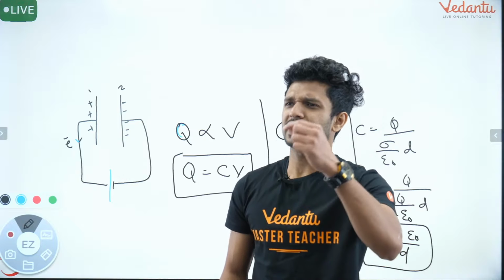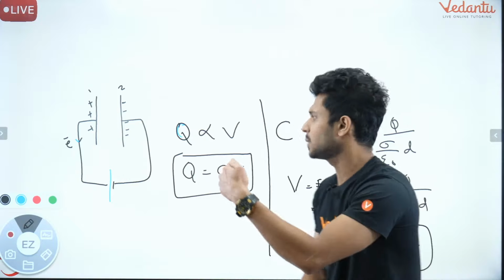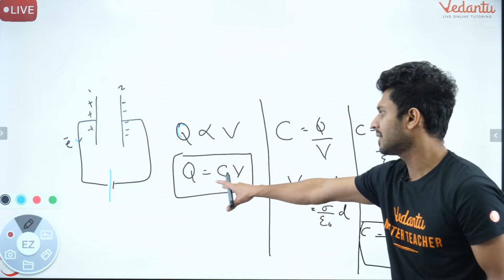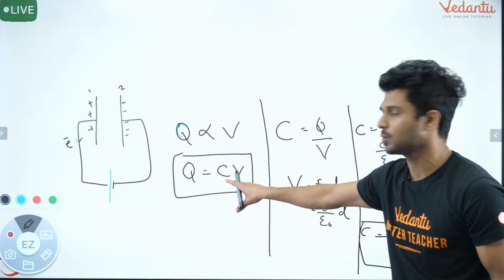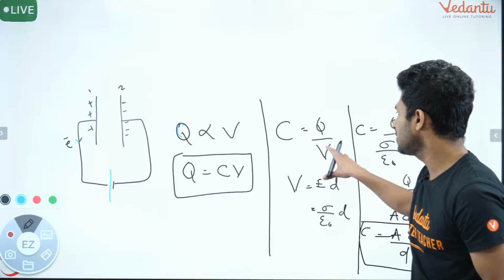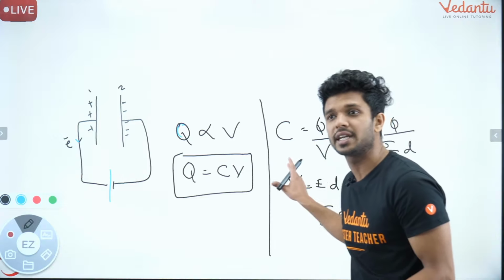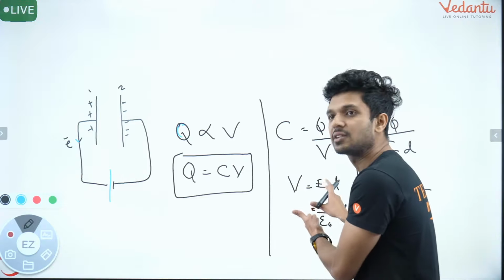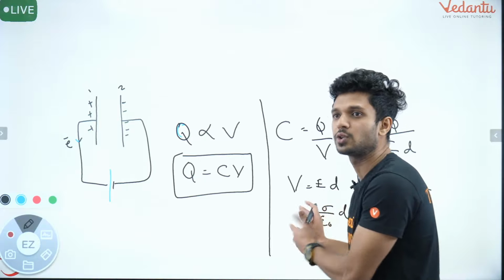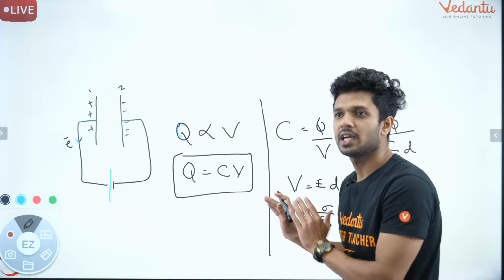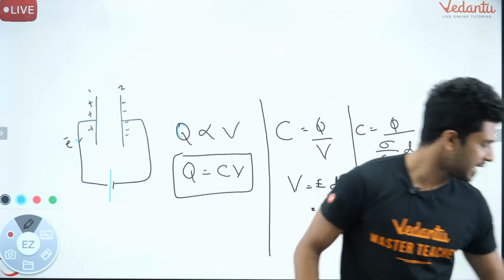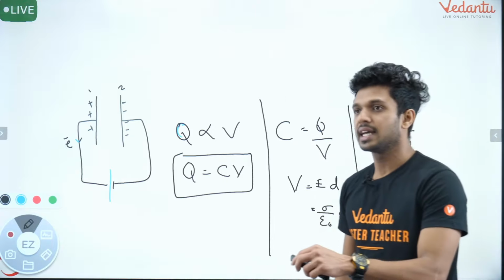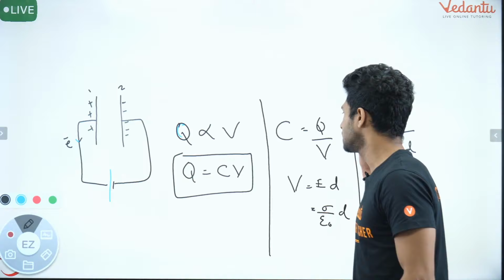Okay, one more time, this is very simple. What I have done is we have done Q is equal to CV, which was a basic equation, then C is equal to Q by V, then applied the formula for potential, which is equal to electric field into the distance between them and all those things. Okay, so I'm going to move on, guys. Let's get to the next slide, which will be the next question for us.